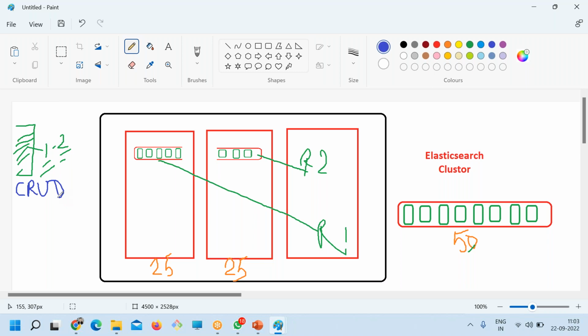Create, read, update, and delete. Create, read, update, and delete in Elasticsearch. Because every time you create, read, update, or delete a document, this will be performed with the help of CPU and RAM only. So you have to decide how many CRUD operations you do, and then accordingly you can create a benchmark for